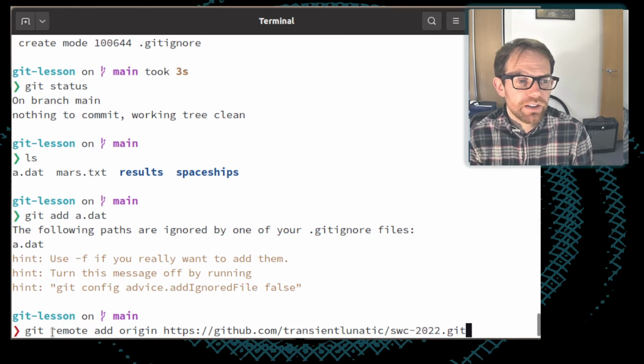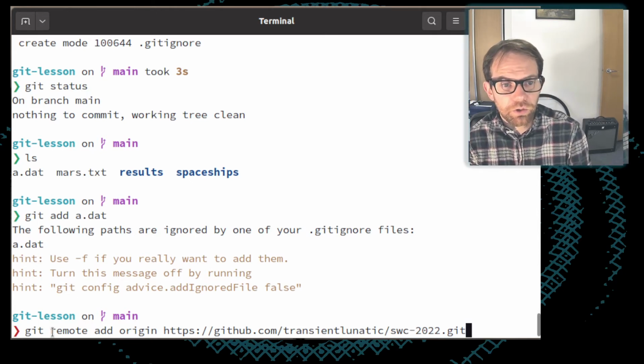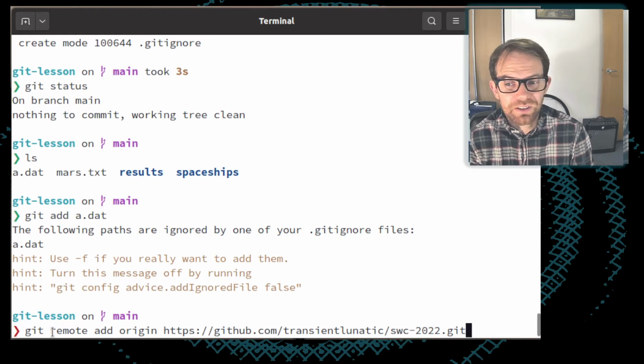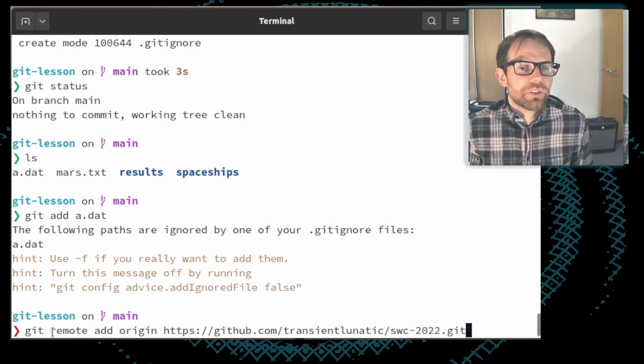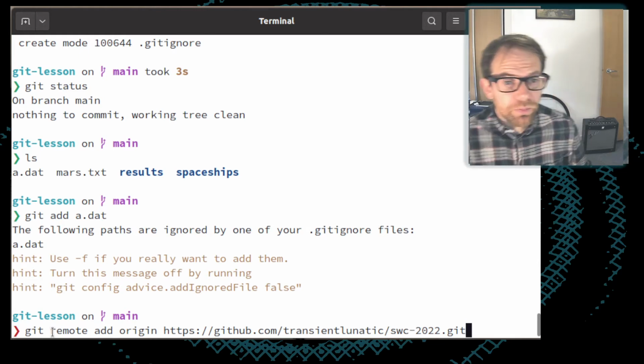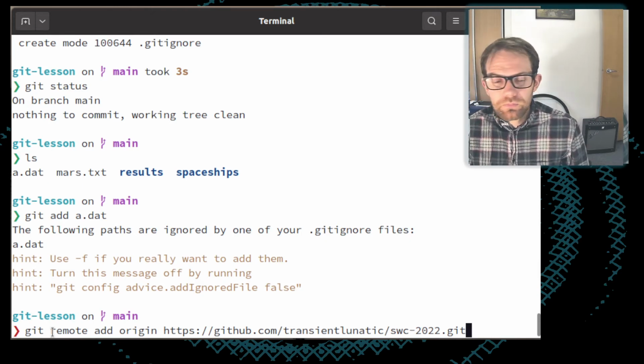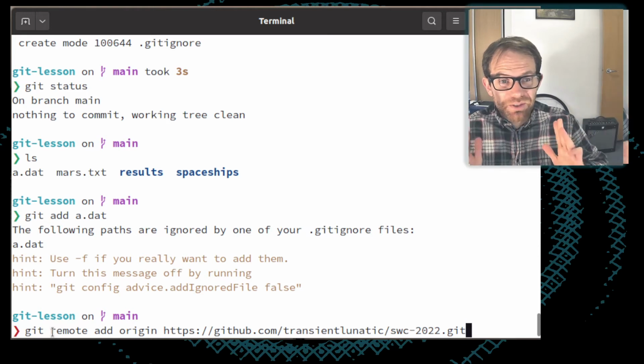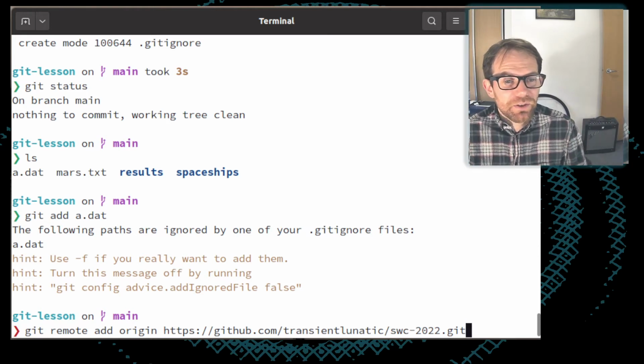So we can say git remote add, to add a new remote. We want to call it origin. Origin is frequently what people call the repository which is this notionally centralized version of the repository, and then an address for it.